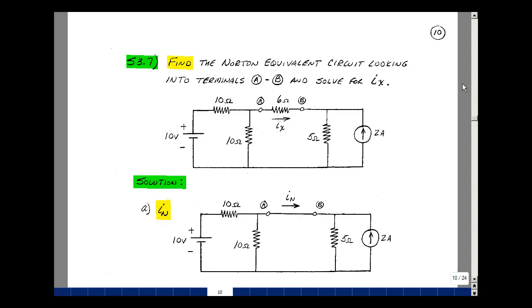This lesson deals with Supplemental Problem 3.7. You can find this problem in the course ebook in the Chapter 3 Supplemental Problems on page 10. Given this circuit, could you find the Norton equivalent looking into terminals A and B and use that to solve